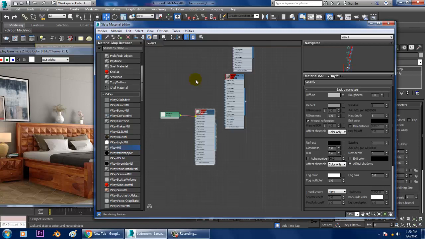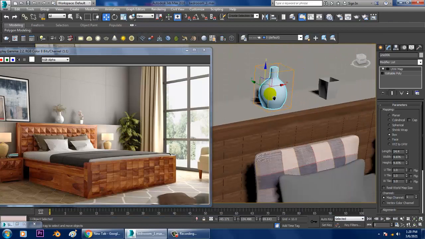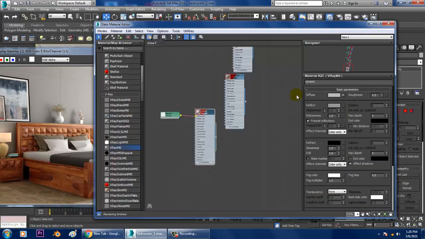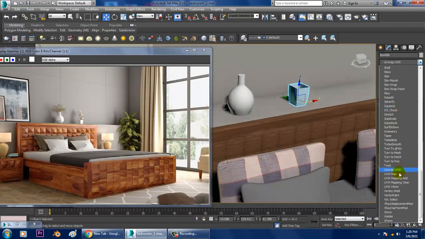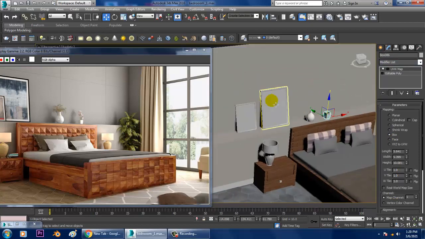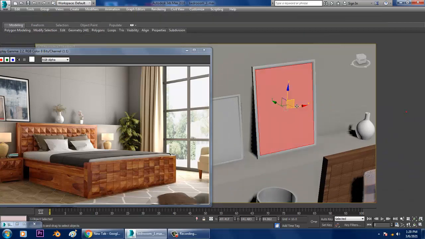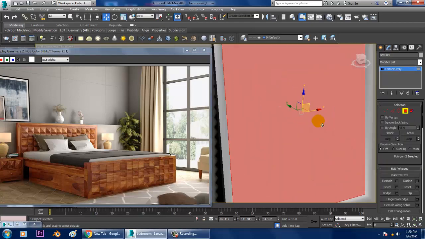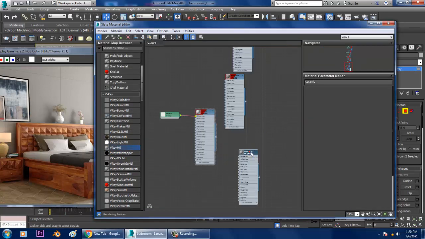After that, let's go over here, assign the same over here, UVW map, set it as a box, select these frames. We'll be assigning some texture to these frames. So let's again go into material, V-Ray material.